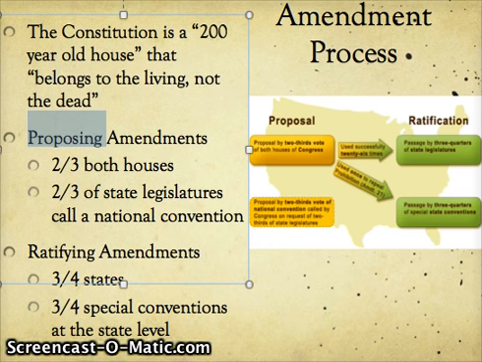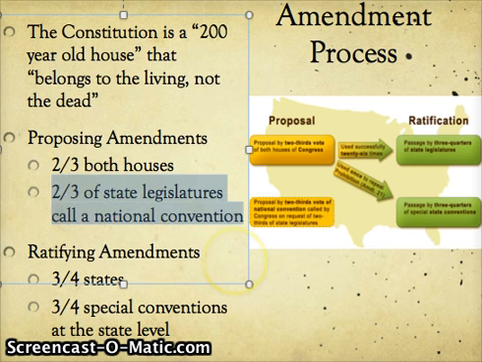And for this national convention, states send delegates. Okay, so you have state delegates that come from the state legislatures and go to a national convention in D.C., and they vote on whether they would like to change the Constitution. Now, this has not happened since we've had a constitutional government. When did this happen? When did the states send a delegation to alter our government? With the Articles of Confederation. So 2/3 of the state legislatures going to D.C. to change the Constitution kind of makes people nervous. Last time we did that, we overthrew our government.